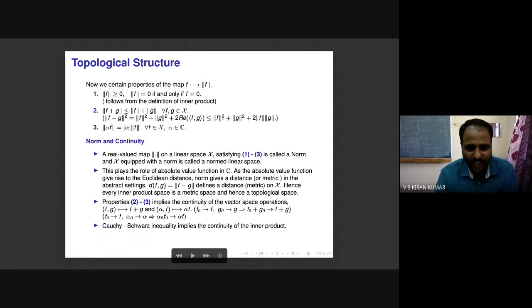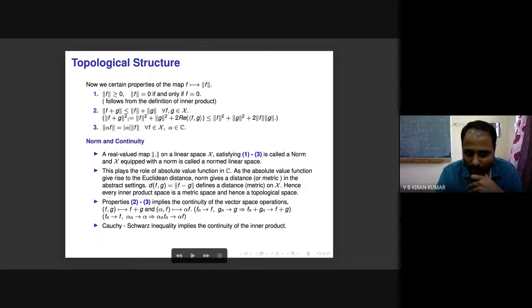Now the other thing is true. Yesterday I already mentioned that every vector space equipped with an inner product automatically becomes a normed linear space. So whatever we mentioned regarding normed linear spaces is also applicable here. This is called a norm, and in fact it behaves like an absolute value, and it will give you a metric. This is something we introduced in the last lecture: if you have a norm, you always have a metric, and the corresponding topology is induced by that metric. You can do several things: you can talk about convergence, continuity, and so on.